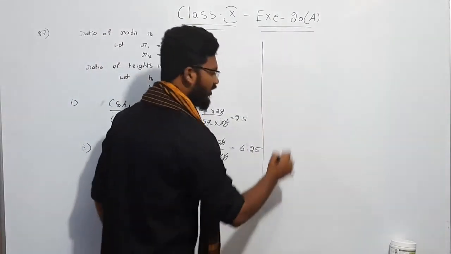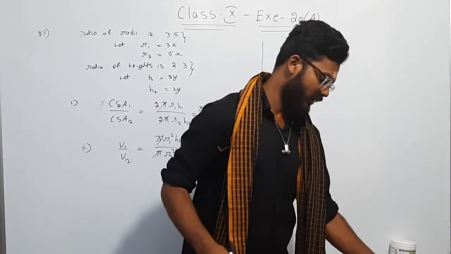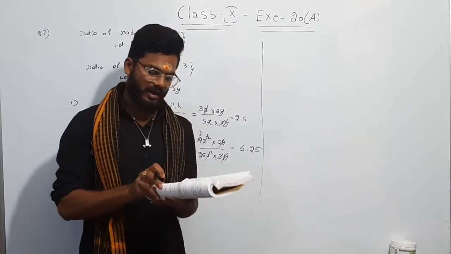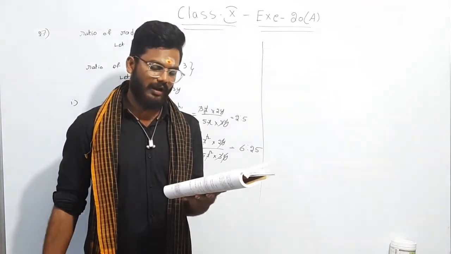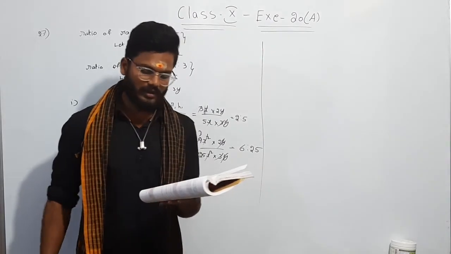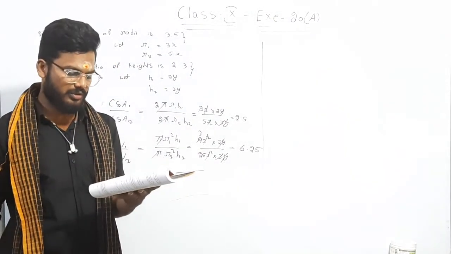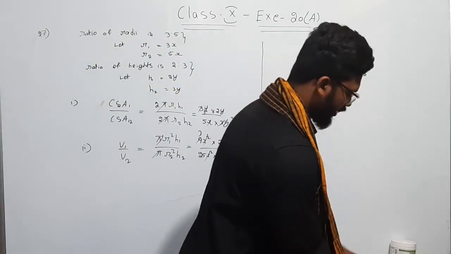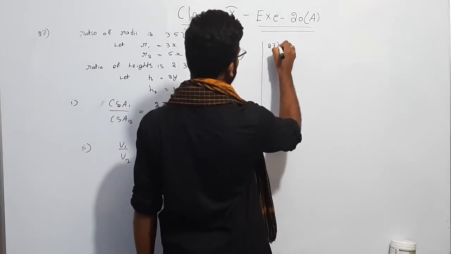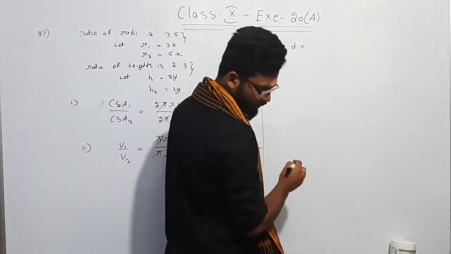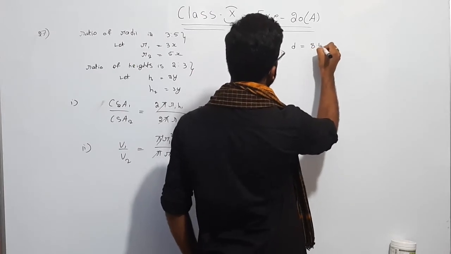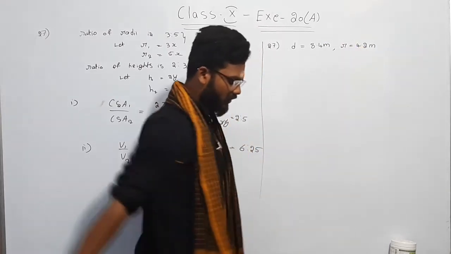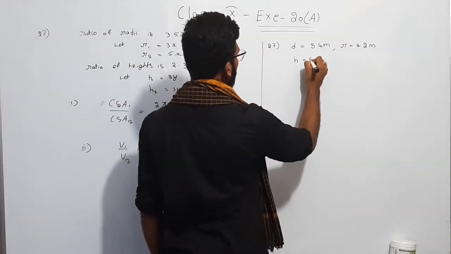So next, final question, 28th one in this exercise. A closed cylindrical tank made of thin iron sheet has diameter 8.4 meters and height 5.4 meters. How much metal sheet to the nearest meter square is used in making the tank if 1 by 15th of the sheet is wasted? See here what they give. They give the dimensions of the tank. How much is it? Diameter is 8.4 meters. So we can tell radius is equal to 4.2 meters.